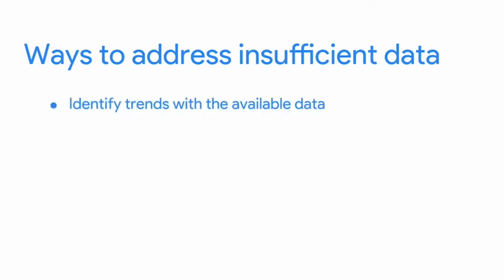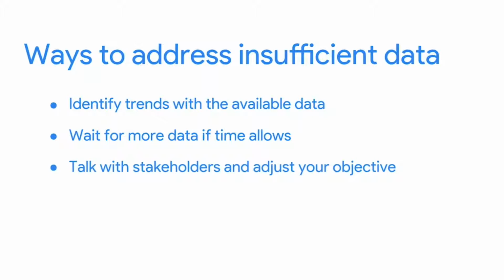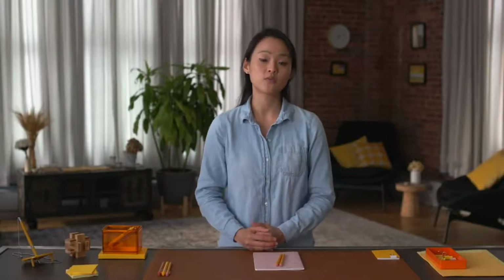So that's just a few of the most common limitations you'll come across, and some ways you can address them. You can identify trends with the available data, or wait for more data if time allows. You can talk with stakeholders and adjust your objective, or you can look for a new data set. The need to take these steps will depend on your role in your company, and possibly the needs of the wider industry. But learning how to deal with insufficient data is always a great way to set yourself up for